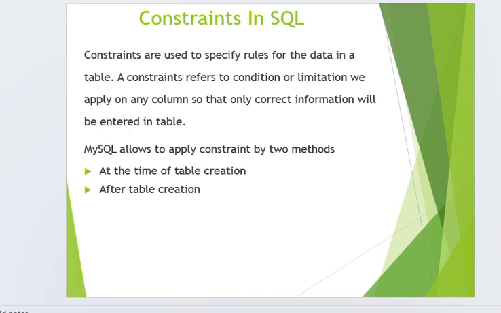Now constraints, there are some constraints. Now what exactly is a constraint? Constraints are used to specify some rules for the data in the table. So we know that when we are going to create a table, there are some rules or some values which need to be entered in a particular column, so we can put constraints. A constraint refers to conditions or limitations which we apply on any column, so that only correct information will be